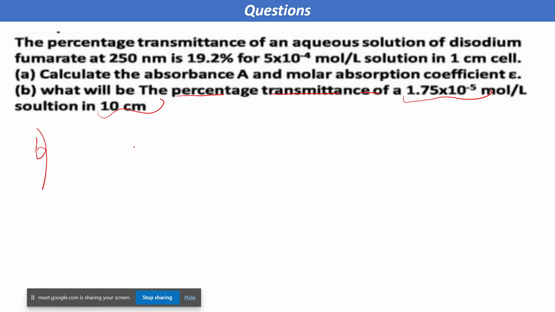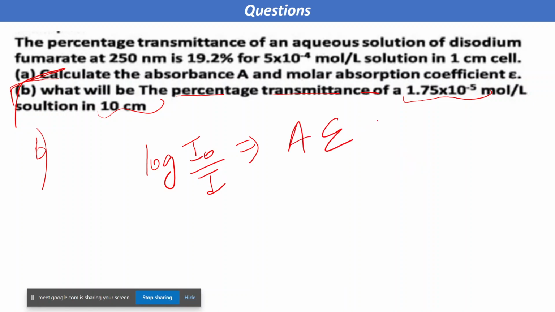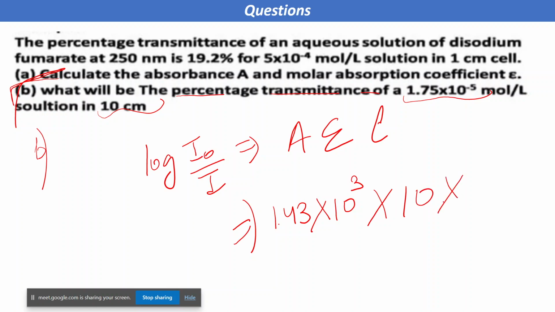Ma'am, should we not take the absorbance as 0.717? No. We should take it in percentage, ma'am. Correct, 19.2, that we should take, ma'am. There is no need to calculate. For this question separately, concentration and path length are given, and if you use this formula, you know the molar extinction coefficient was 1.4 that you calculated from the first question. Path length was 10 centimeter, and